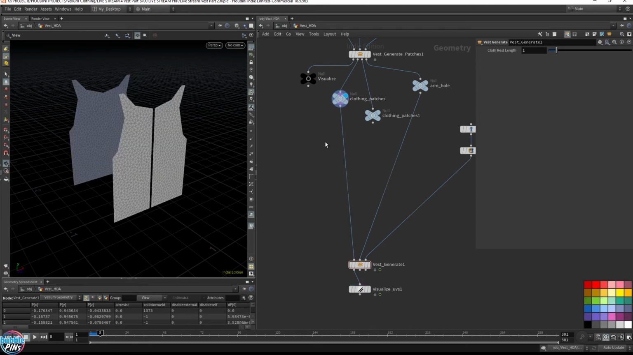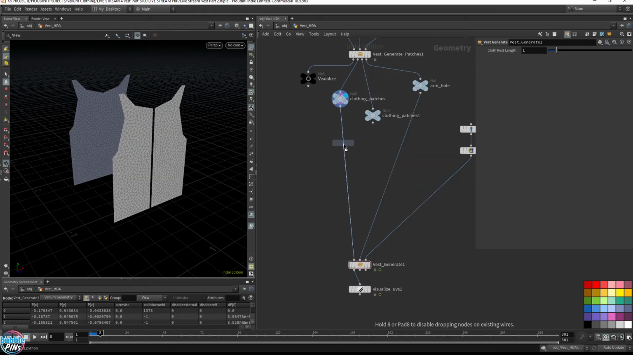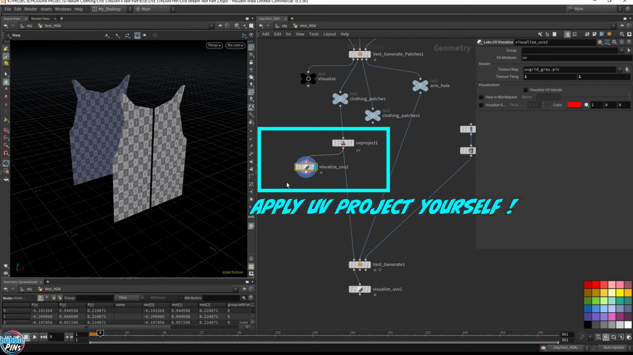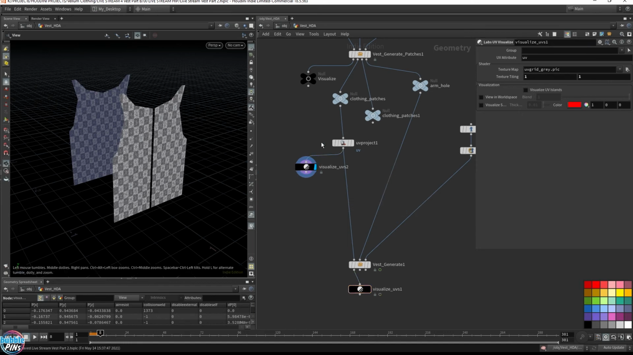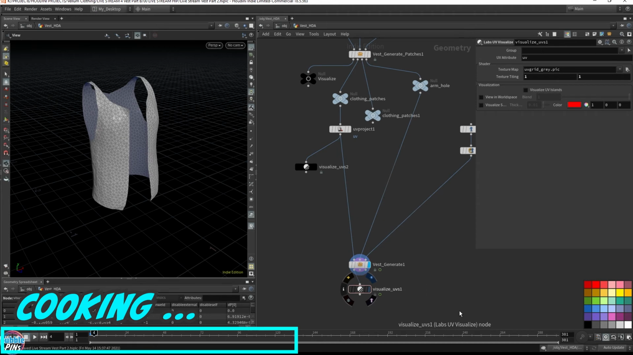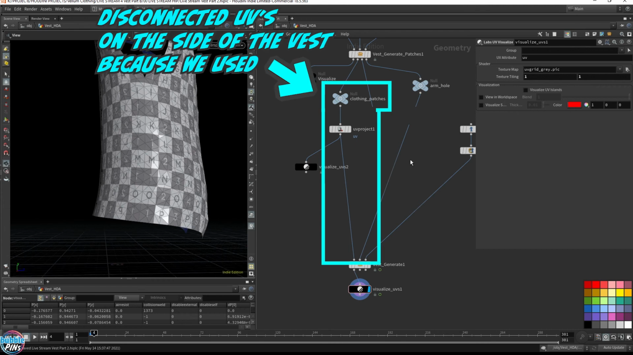So here you can choose between two ways. You can just UV project it like this. So I'm just gonna grab this. You can do it like this, and then just rerun the scene. And there are UVs, but this is disconnected. If this is the one you prefer, or